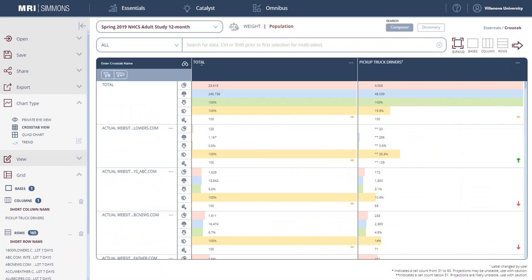So here, in this column, you get the responses for the total surveyed population. You see the total adult population surveyed was 23,615. Extended to the entire U.S. adult population, that's 245,738 people. Then you can read vertically, so you could read of pickup truck drivers, for reading vertically, 0.6%